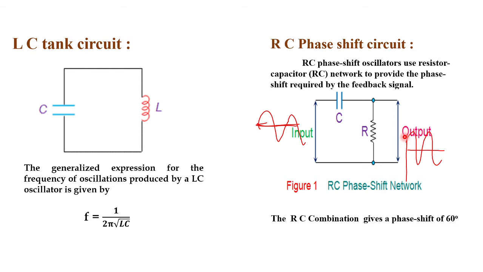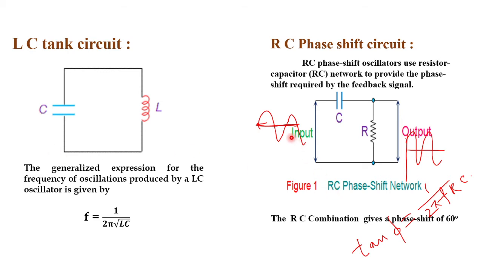So that is the equation we get for the angle: there is a change in phase angle between the input and output due to the single network. If you want to write this equation, tan phi is equal to 1 upon 2 pi R into C. This gives the tan phase shift, tan phi equals 1 upon 2 pi RC. The values of R and C decide the change in phase angle between input and output.